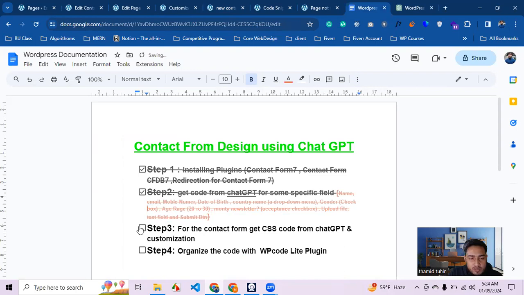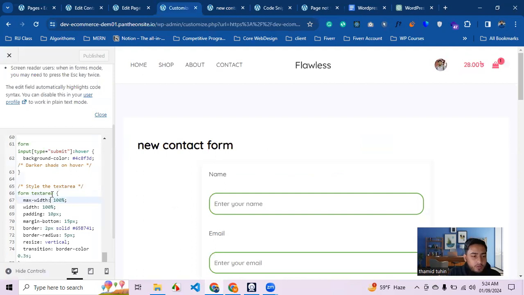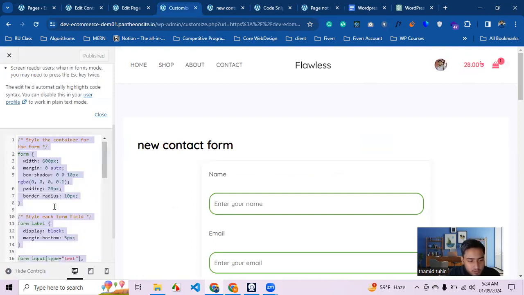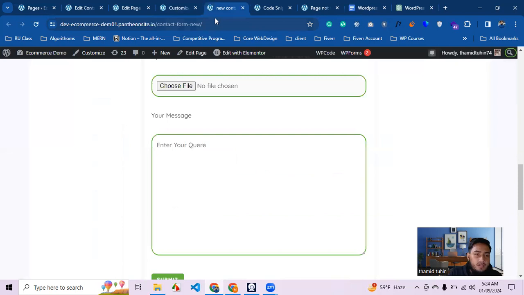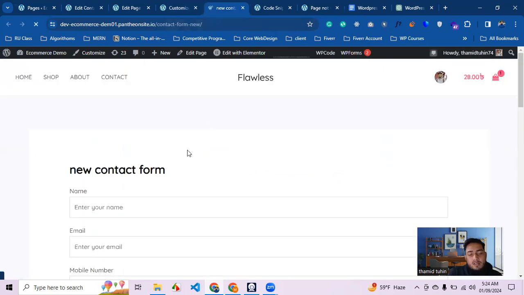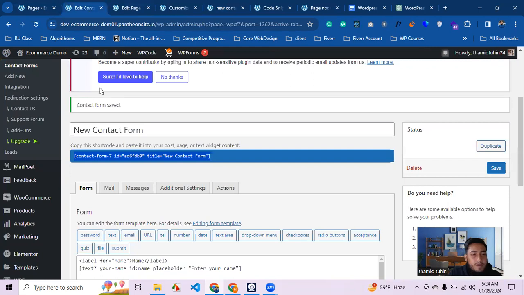Okay, we will go to the checklist, and we can see that we already did step 2 and step 3, customize the CSS code, and now we go to step 4, organize the CSS code. For this one we will copy or cut this code using Ctrl X, and we can see the contact form will go back to the default as we saw before. For this, we will paste our code